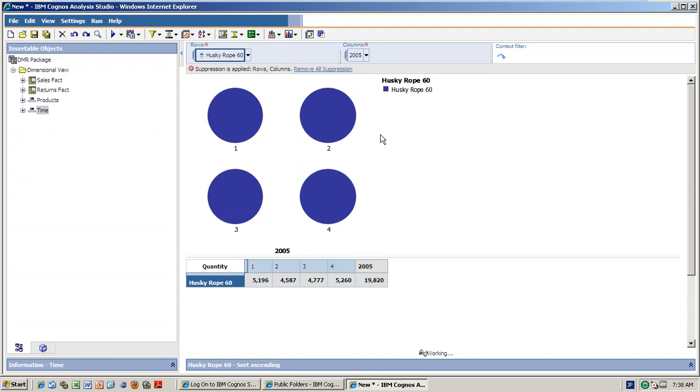Automatically it will change. So this is how you just go ahead here. Oh, it's working right now.